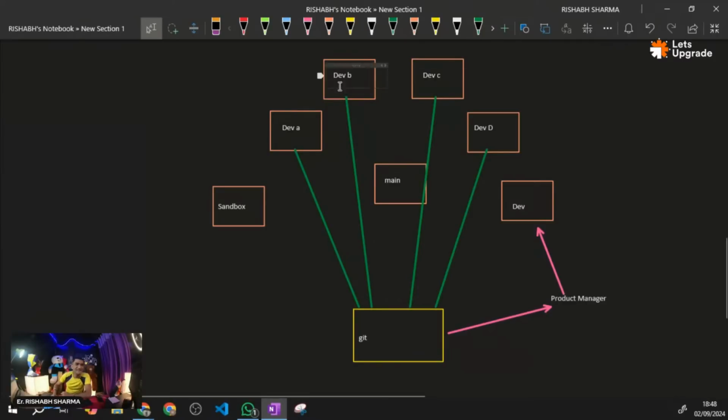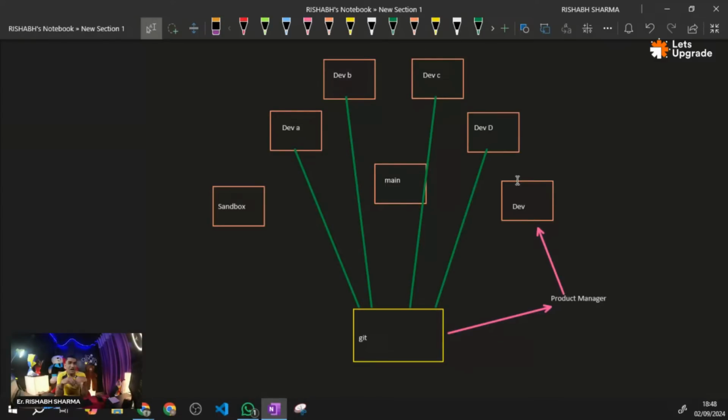So these three branches, sandbox, main, and dev, are always kept protected. Now, why are these three branches always kept protected? Because any developer can make a mistake. Might be a chance some intern is working on some project, right?